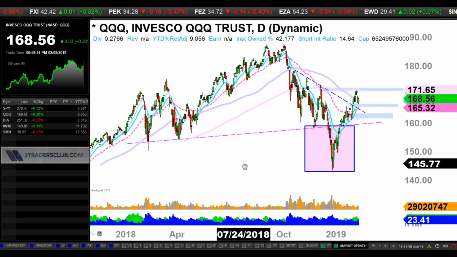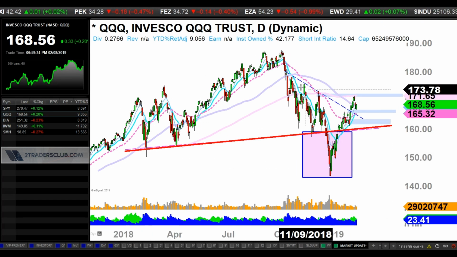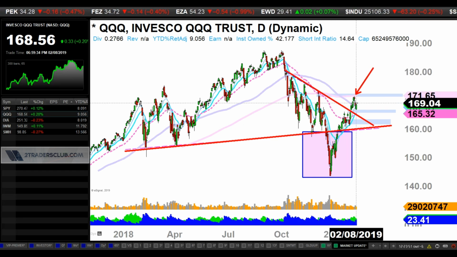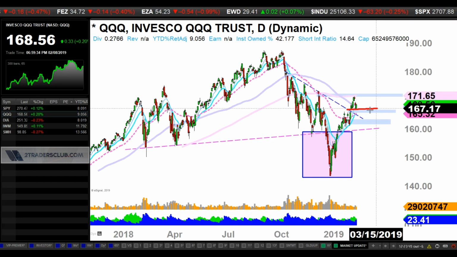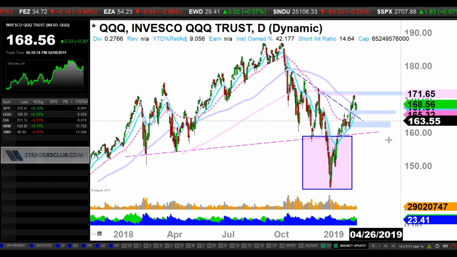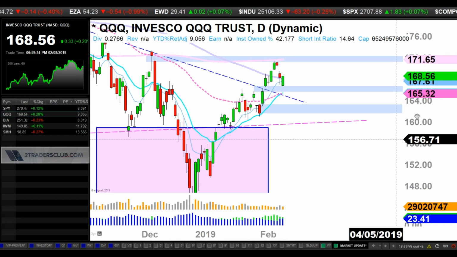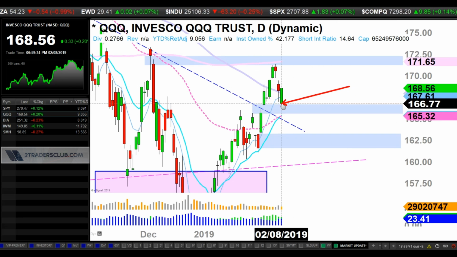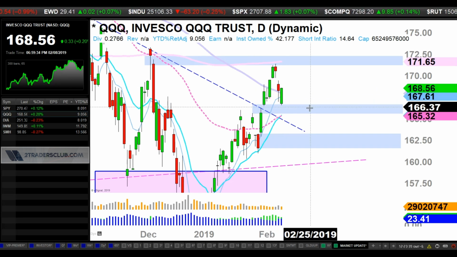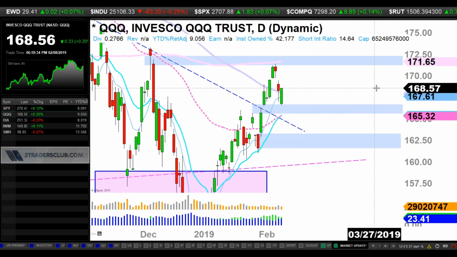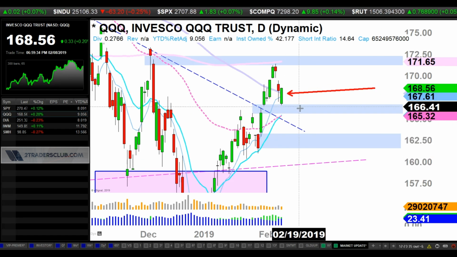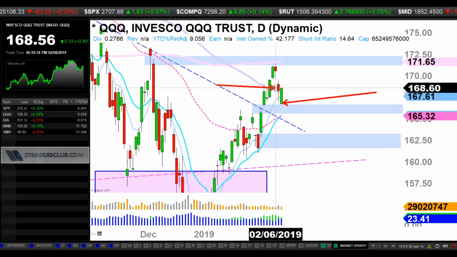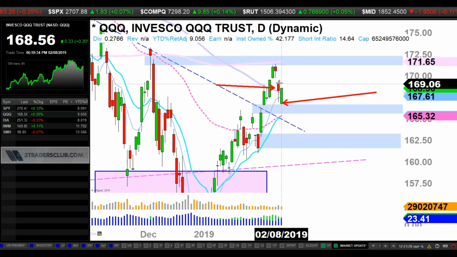Nasdaq, this was obviously the neckline here, and this is the falling resistance level. We broke above it, retested the 200 SMA, and fell back a little bit. This tiny gap has been protected today. Let me zoom in here. You can see this gap is being protected. We saw some buyers come in and bring it right back up. It looks like a bullish piercing candle with a Marubozu candle there. Bullish piercing means gap down, then pierce the 50% of the previous day's candle body.